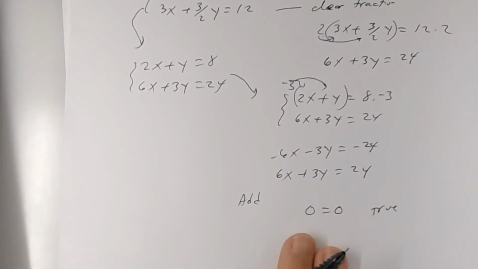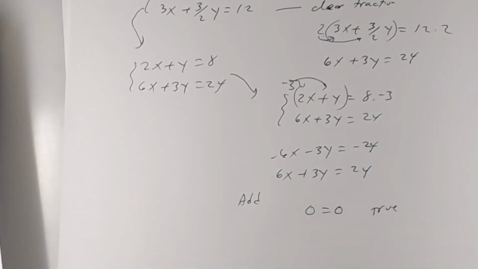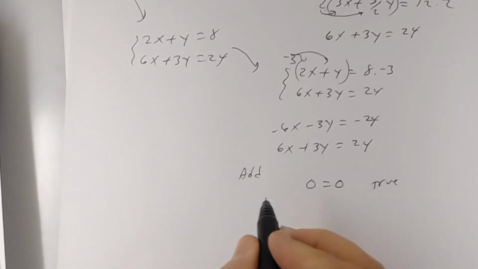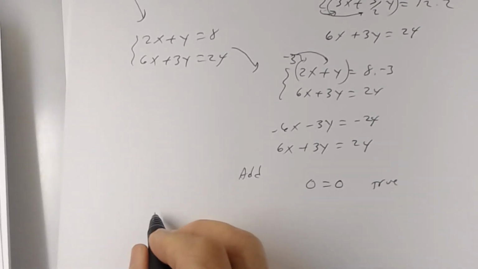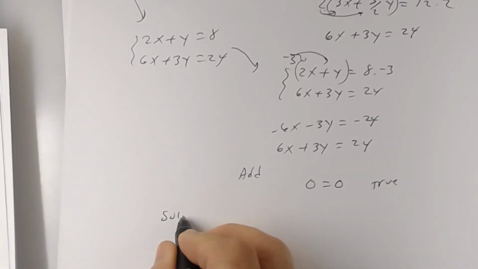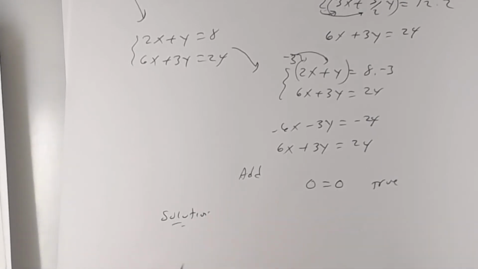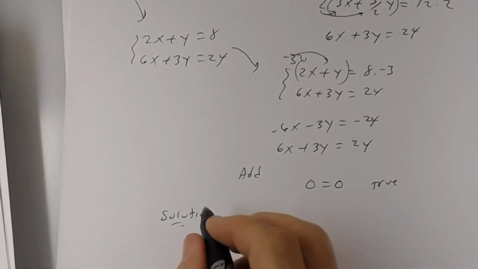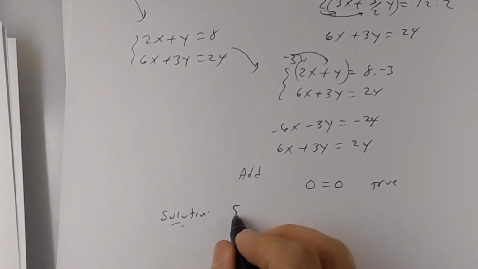Okay, so here's how you're going to say this, though. And on MATLAB, this is how you're going to write it. Your solution is this. There's an infinite number, though, right? You're not going to say the words infinite number, though. You're going to be a little bit more specific. You're going to say this. The solution is the set